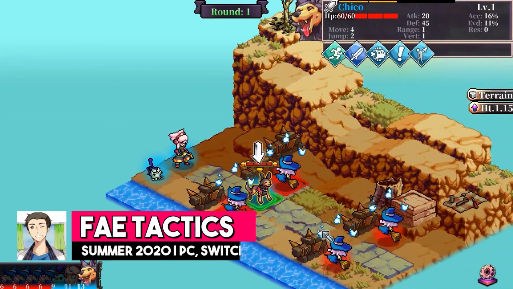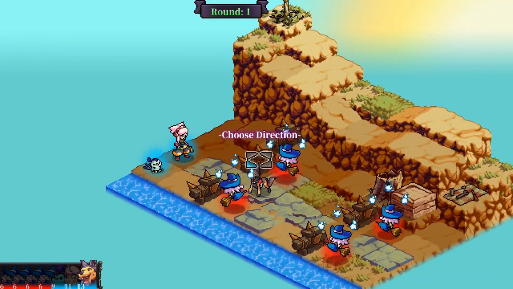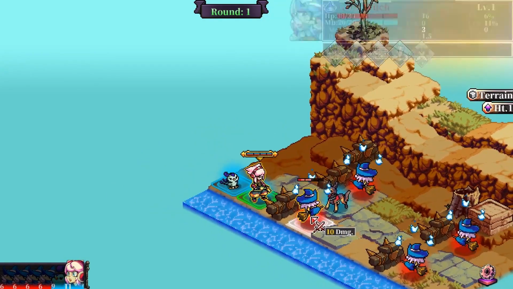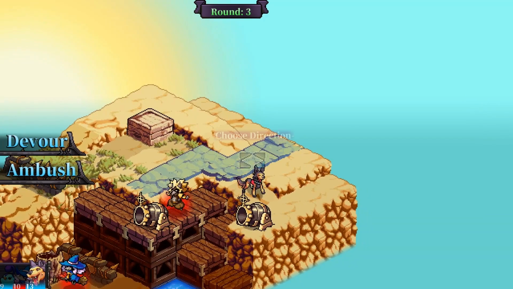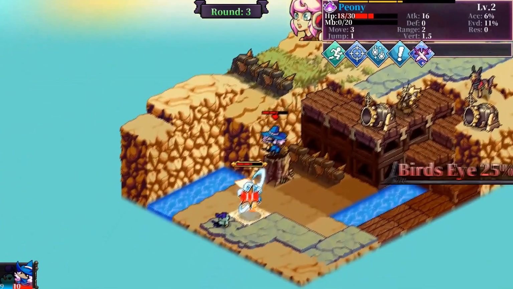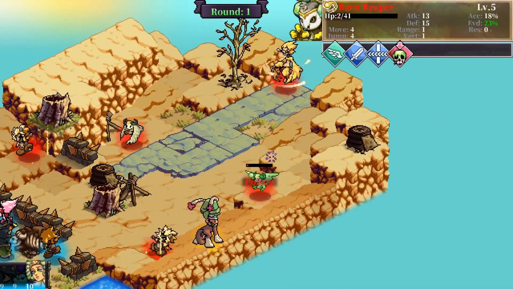One strategy RPG that I've had my eye on since it was revealed in 2018 is Fae Tactics. Its stunning pixel art and animation grabbed me immediately. It's hard not to think of all-time classics like Final Fantasy Tactics when you watch gameplay. It feels like the developers really understand what made those games incredible with great level design and skill variety. Fae Tactics also touts a few unique features like menuless gameplay and tackling battles in whatever order you want. As a massive strategy RPG fan, this looks to have everything I'm looking for, and I'm excited to play when